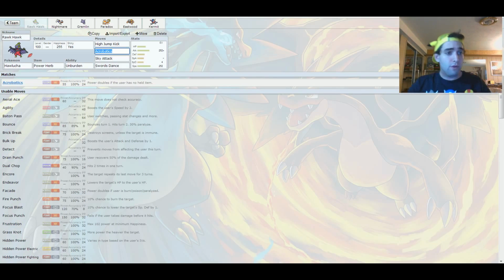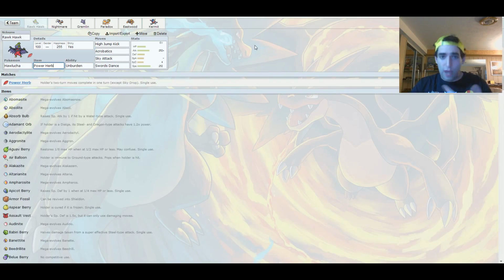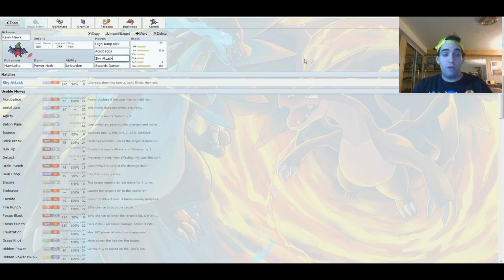So first of all, we're going to be using Hawlucha, which I nicknamed Rockhawk in honor of the Hawk wrestler from Paper Mario: The Thousand-Year Door. In case you haven't heard of it, Hawlucha is really good at synergy between its moves, its item, and its ability. First off, it's running Power Herb, which will make 2 turn attacks into 1. So it would work on Solar Beam or Sky Attack, which is a 140 base power attack. Usually it takes 2 turns to power up, but with Power Herb, it's just going to do 1. So you can only use that attack once,